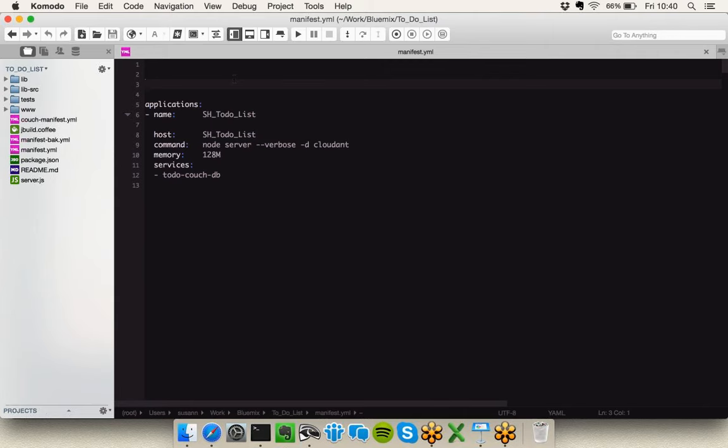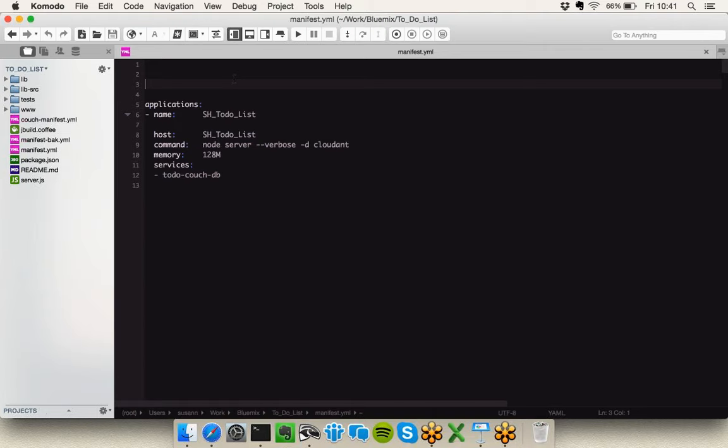And then I give it a host name. And the host name is always what is put in front of .mybluemix.net. That's just how we standardize it in the beginning. So you always have to make sure that your host name is unique, same as any URL has to be unique. And then I'm actually giving it the Cloud Foundry command, which means set up a node server, and I want the cloud database with it. And then I can allocate a certain amount of memory to my application. For this small application,